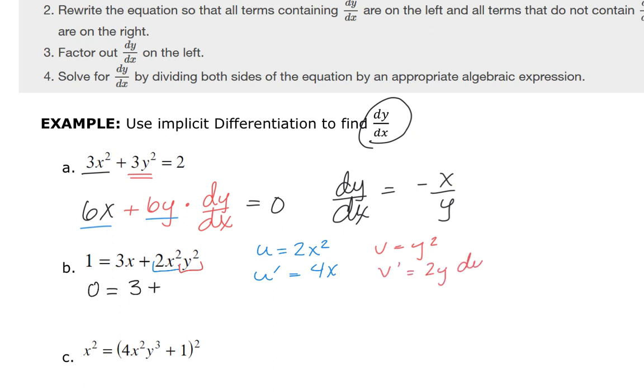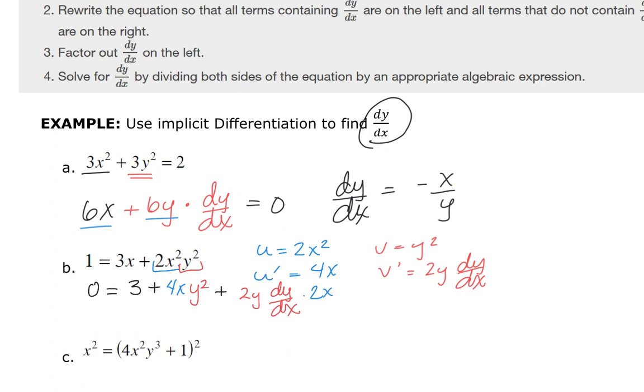Don't forget to slap on the dy/dx. So it's going to be 3 plus my derivative of u, which is 4x, multiplied by my v, which is y squared, plus the derivative of v, which is 2y dy/dx,